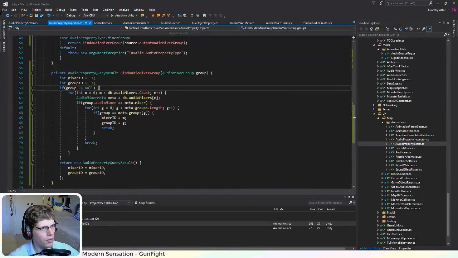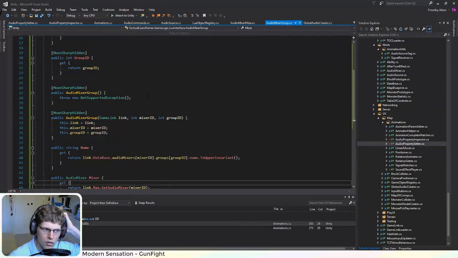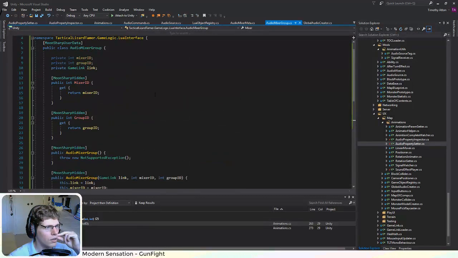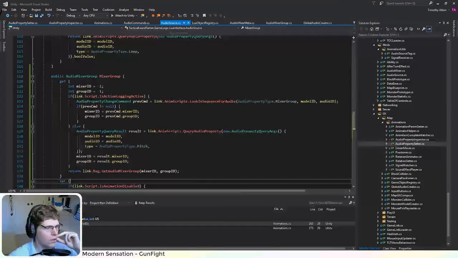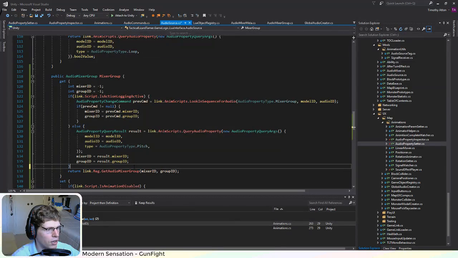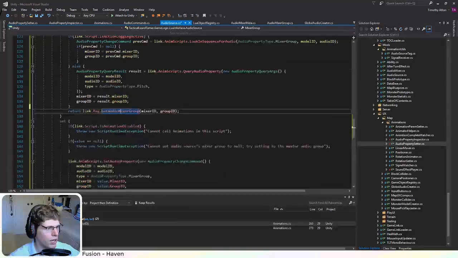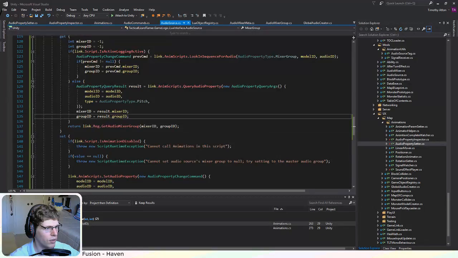This shouldn't ever happen, but the audio mixer group. Okay, so when is this ever? That's only ever called for audio source. So you have the mixer ID or group ID. Well, if they're both -1, then when we try to get the audio mixer group, it would return null. So I guess that's okay. I don't think that can ever really happen, so I don't really want to add a bunch of extra cases for it. I guess at the very least we could do an error, but